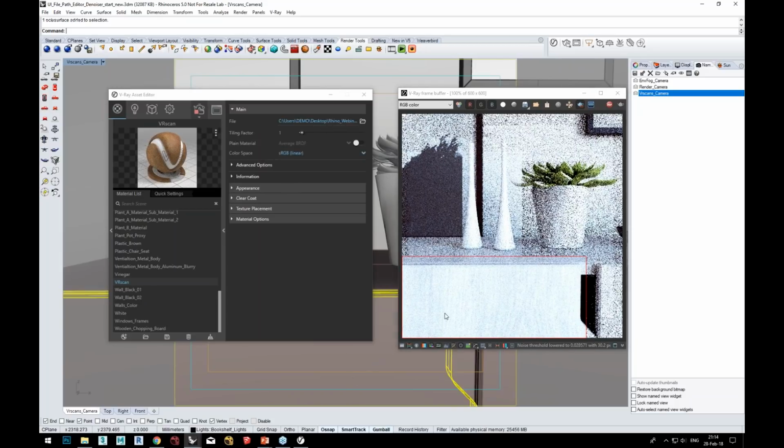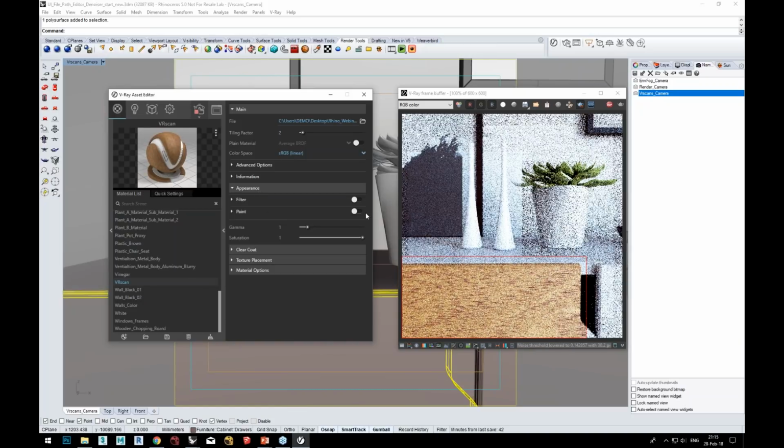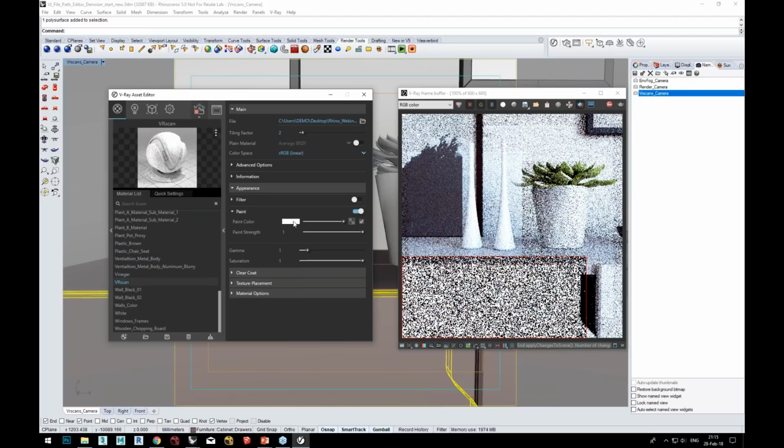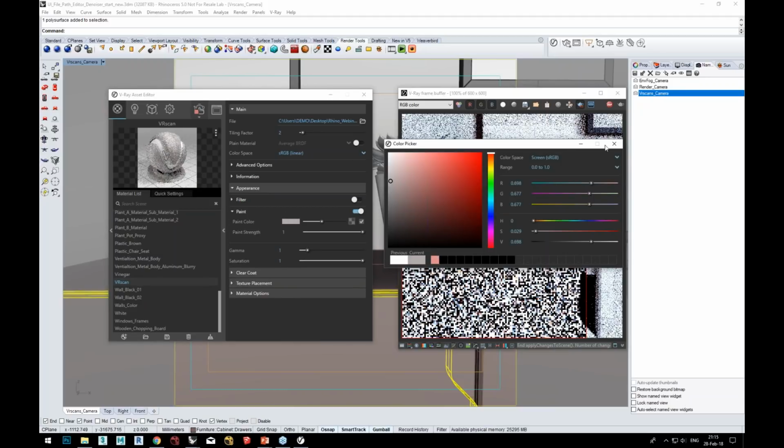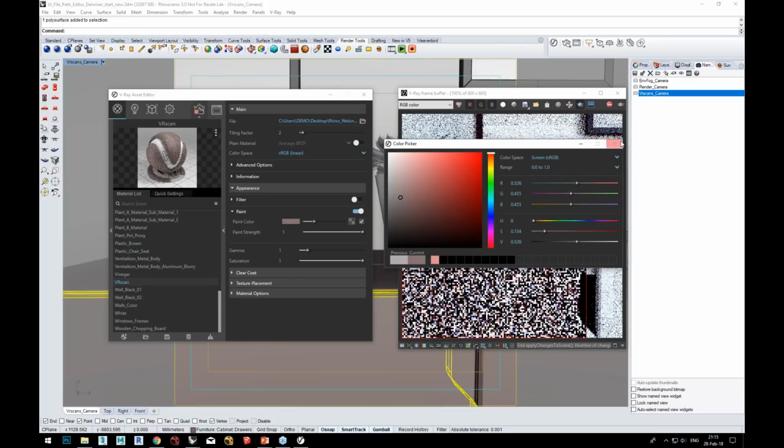And now what I'm going to do is just select the object. I'm going to apply the vrscan material to the door of the cabinet. There we go. You can see that the tiling right now is off. It looks too big, so I can very easily change that by just adjusting the tiling factor. Not only that, but I can also change the way it appears. So I can change the color to maybe something darker,